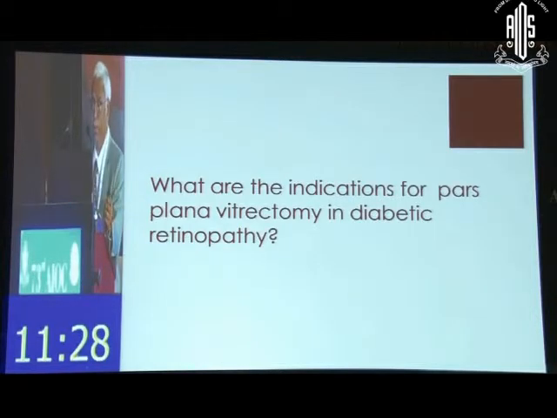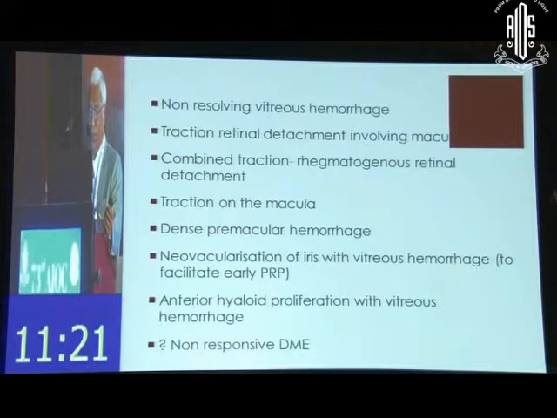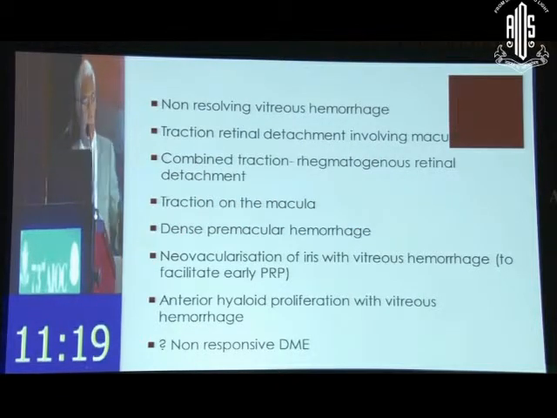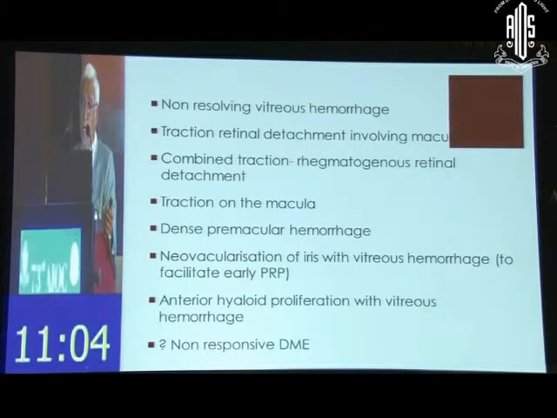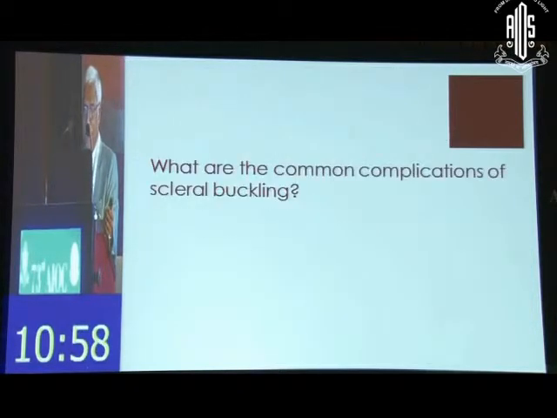This slide I will skip because Dr. Ajit Babu already covered what are the indications for pars-plana vitrectomy in diabetic retinopathy. Okay? He mentioned to you about non-resolving vitreous hemorrhage, and so on. I think I'll just add this dense premacular hemorrhage, because they say that the blood in front of the retina, if left for too long a time, can be toxic to the macula, and the recovery of vision may not be too good if you leave it too long a time in contact with the macula. Otherwise, all others have been very well covered, including indications in macular edema.